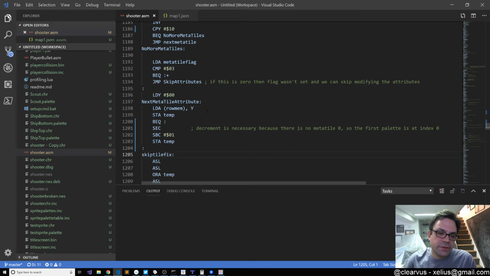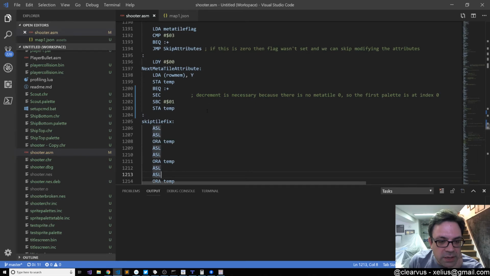Right, so we load A with the tile value, we store it into temp, and then, oh, this should be plus. If it's 0, we skip over this part, otherwise we subtract 1 and store it into temp, and then we